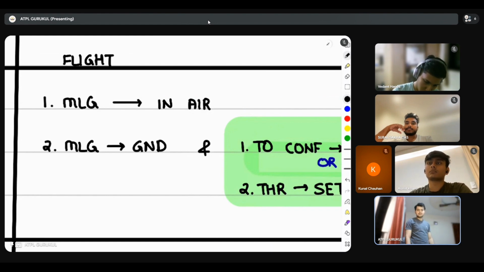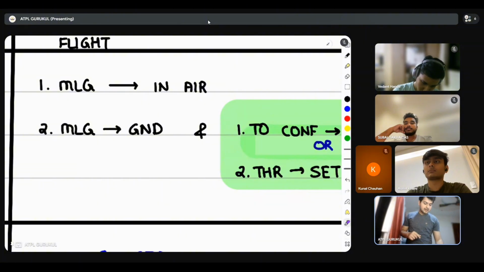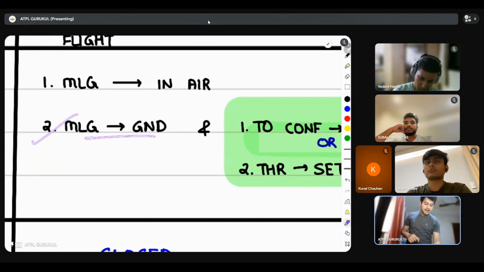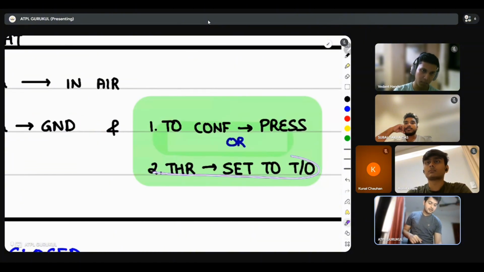ऑफ कोर्स फ्लाइट मोड. लेकिन जब तुम ग्राउंड पे हो, अभी मैंने बोला जब तुम ग्राउंड पे हो, तुम TOGA डाल दो, वो कंसिडर करेगा दैट यू आर इन फ्लाइट. So the main landing gear, if the main landing gear is on ground and you have set the thrust levers for takeoff, or if you have pressed the takeoff config push button, whichever,